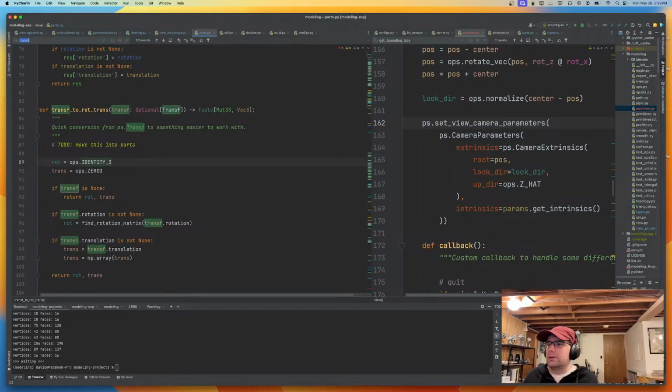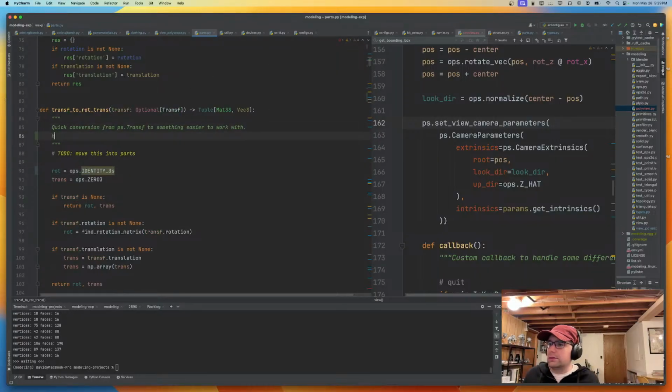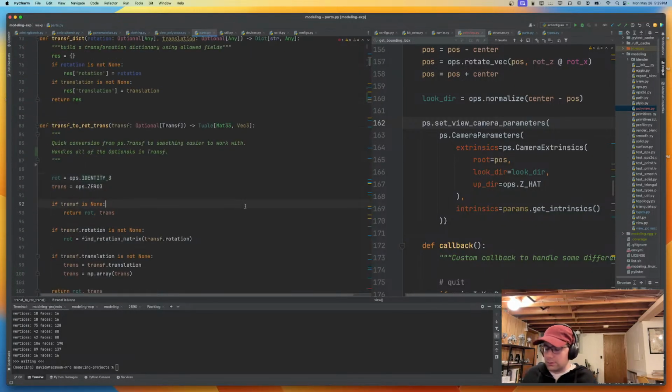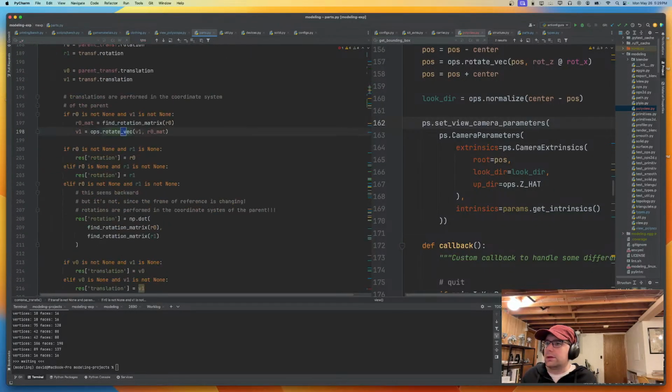This is already written. And this ensures that things are NP arrays too. Okay, so yeah, let's fix that other